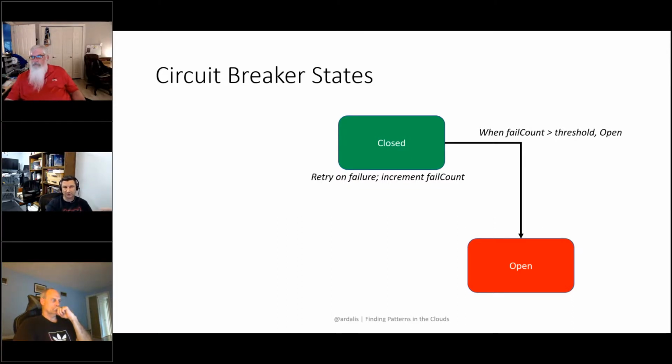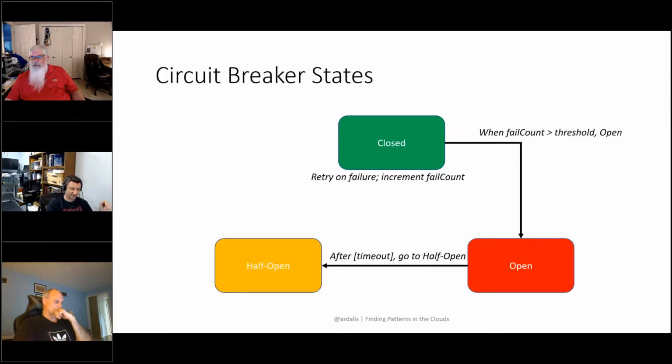After a certain timeout, then it moves to a half open state. And a half open state is where some requests can actually go through. Not all of them, right? But it'll just be a very limited throttled request. So, every second or so, one request will try and hit the service to see if it's still there. If it's still not responding, then it goes back to open and it waits for the timeout again. And then half open occurs again, makes a request, still doesn't work, goes back to open, repeat until eventually these